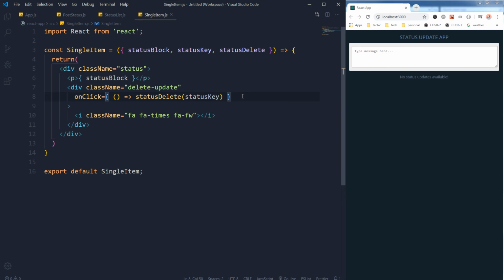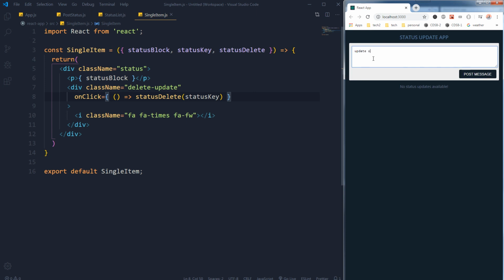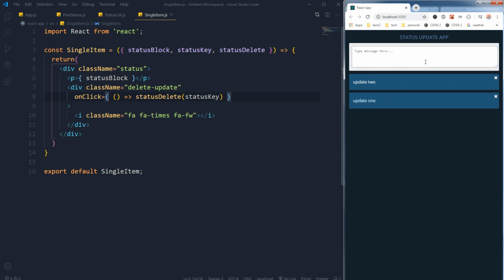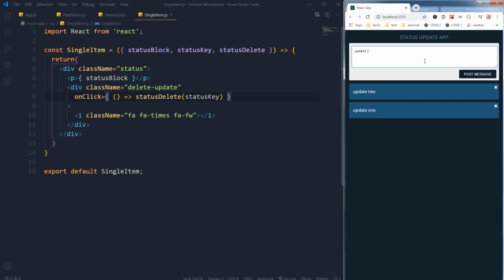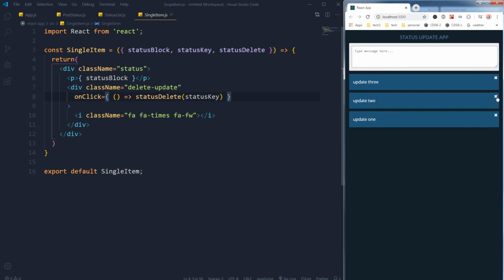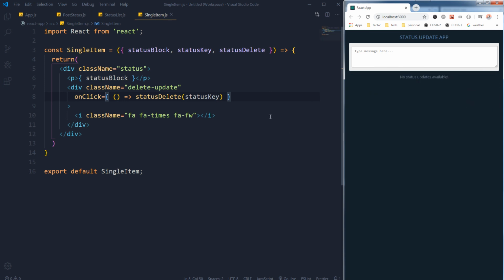So a little bit of correction here. Our app is working like this: update 1, post message, update 2, post message, update 3, post message. And delete is also working. Okay, so I have used this function here, and this is the parameter, and the parameter is fine, but this function